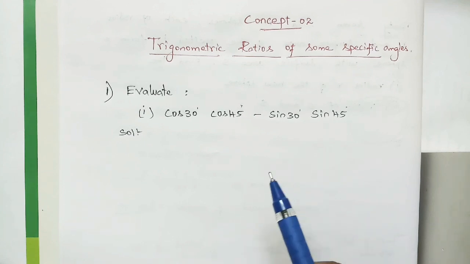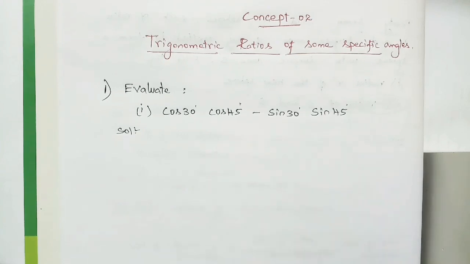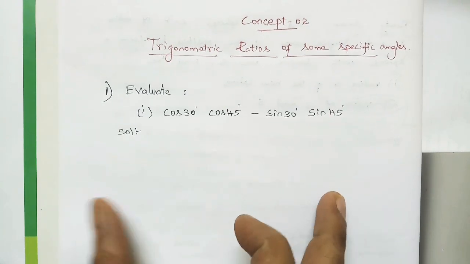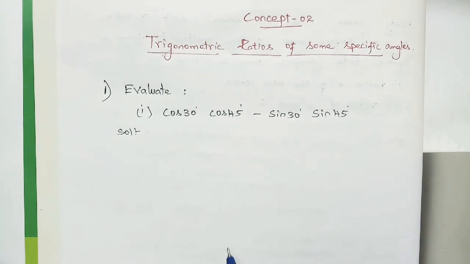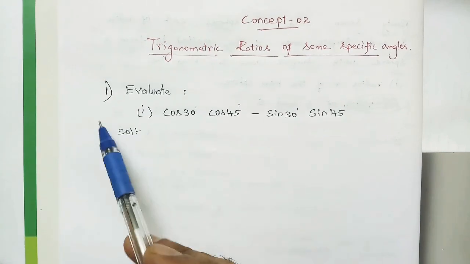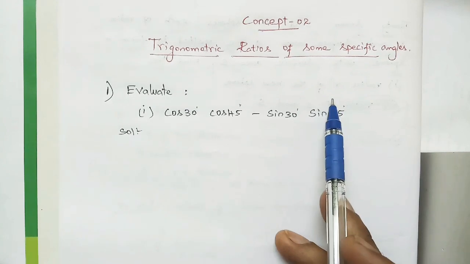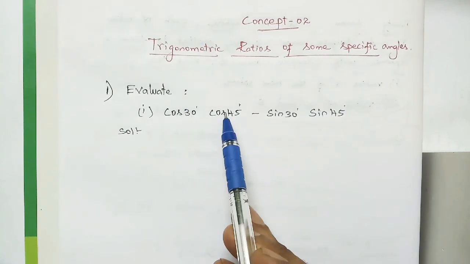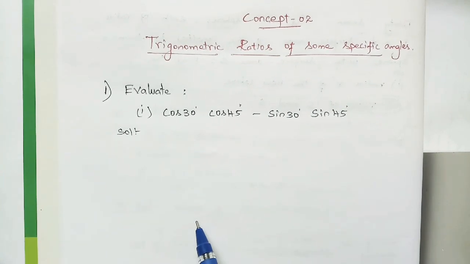Last class we saw the shortcut method for forming the table, right? For writing the table, we know the shortcut. So if you are having sums based on this concept, first just complete the table, and then just substitute the values. See sum number 1: cos 30, cos 45, sin 30, sin 45. If you know the values of cos 30, cos 45, sin 30 and sin 45, substitute and simplify, we will get the solution, right?